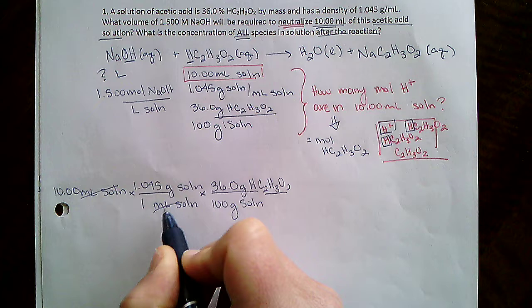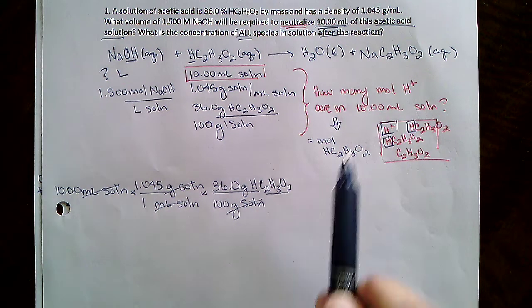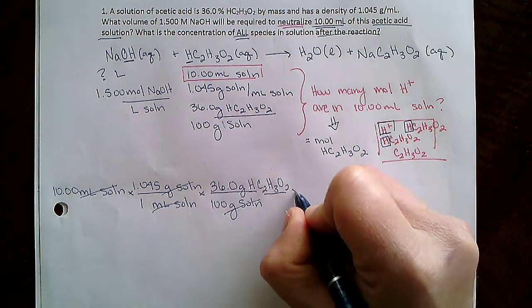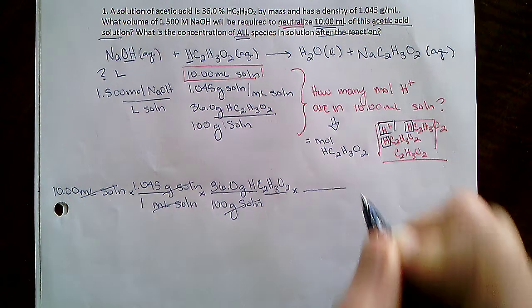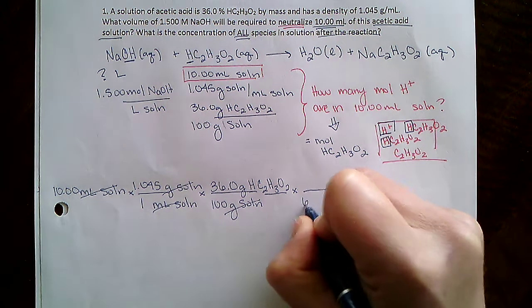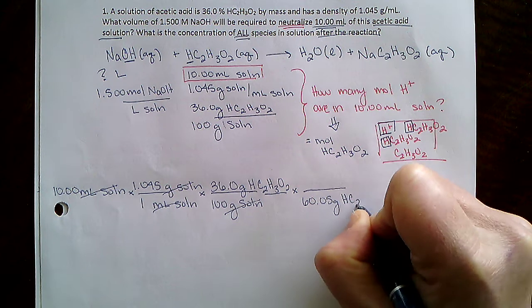So grams of solution cancels. Grams of acetic acid is great, but I wanted to find moles of it. So I'm going to need the molar mass, and I believe the molar mass is 60.05 grams of acetic acid